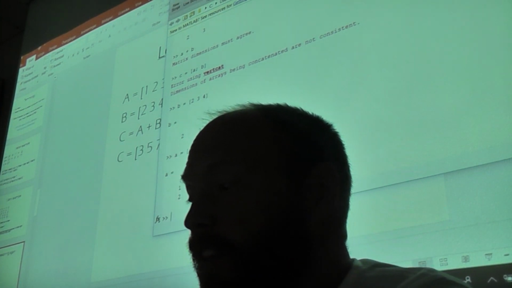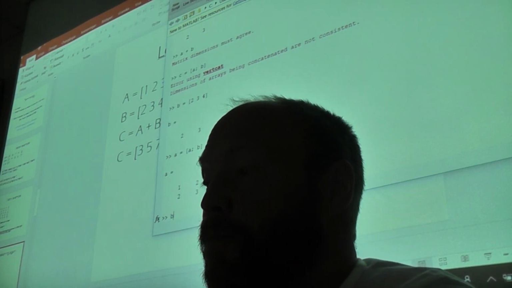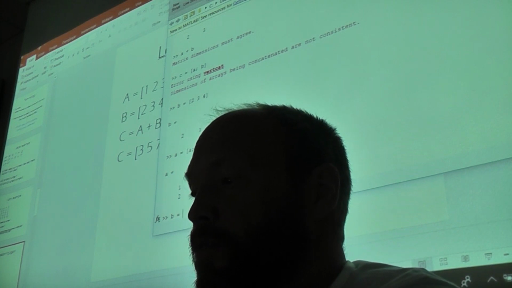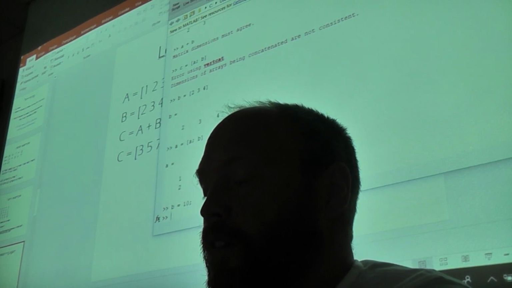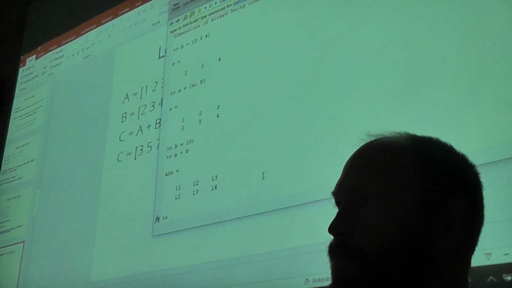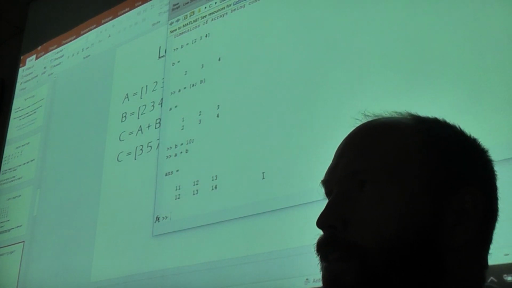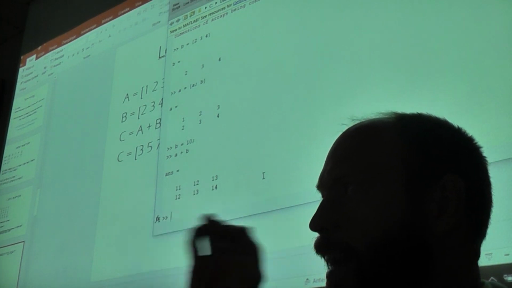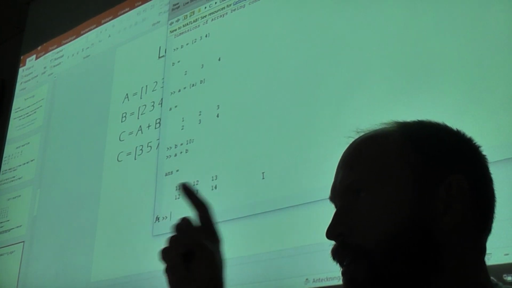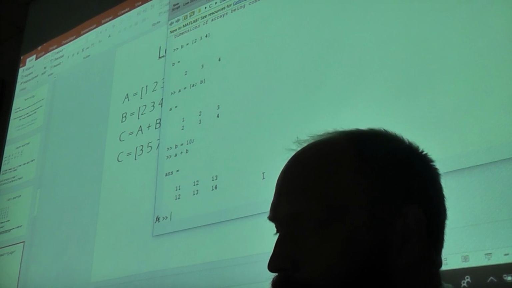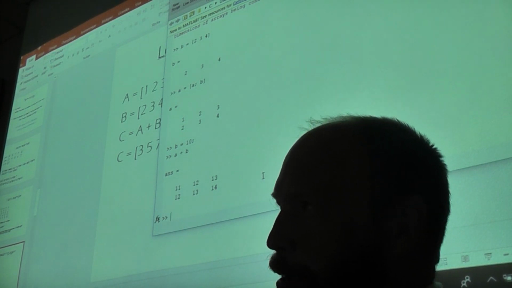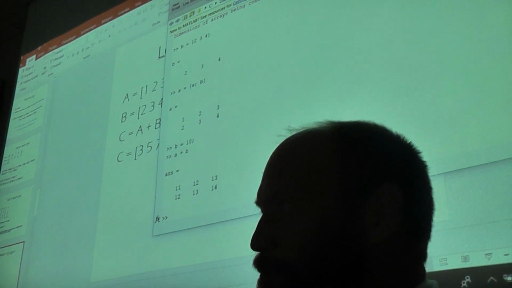And actually you can do it like this. If B was just a single number, then it will add this number to every number in your matrix.